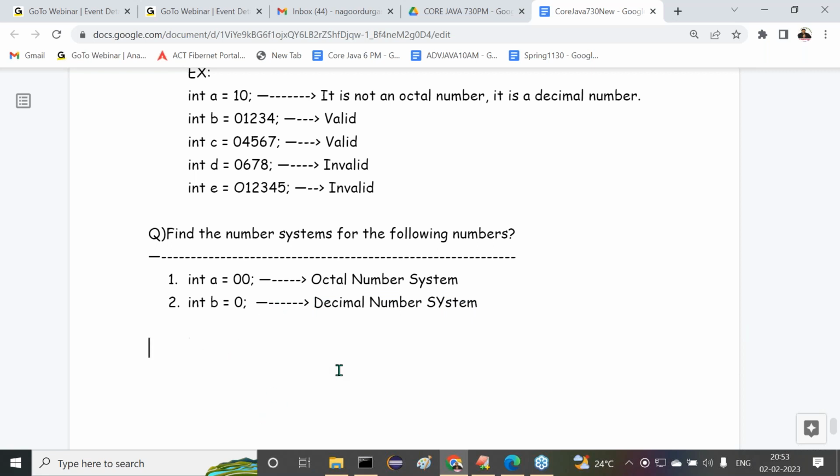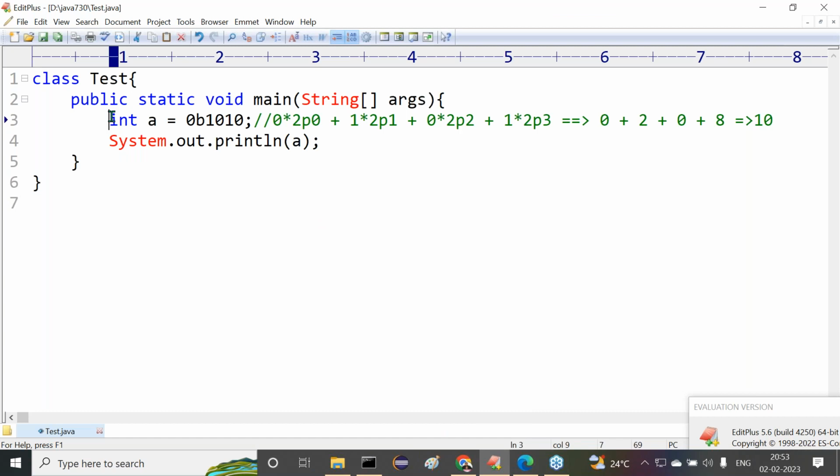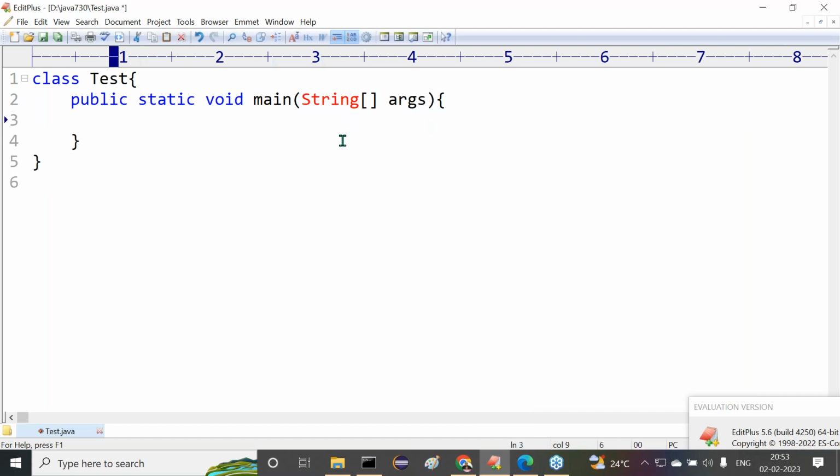Right, so now, one simple programmatic example here I'm telling you. Now try to understand this. Say for example, int a is equal to 010. System.out.println of a.